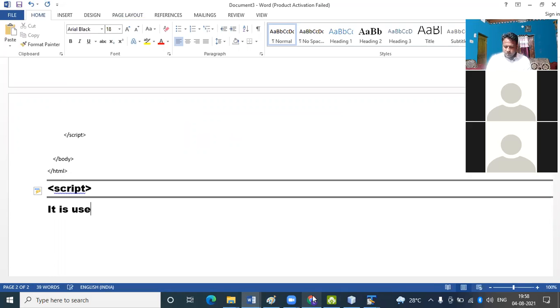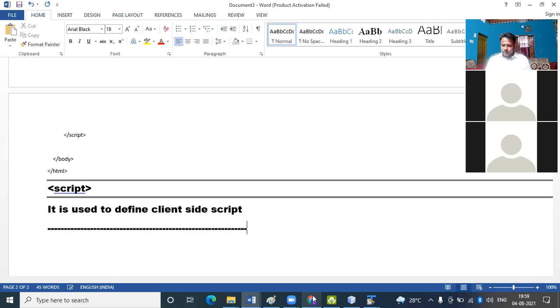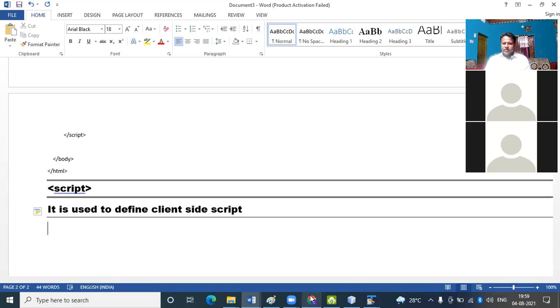That is the work of your scripting tag. For example, through the script tag you can add JavaScript to your HTML element.